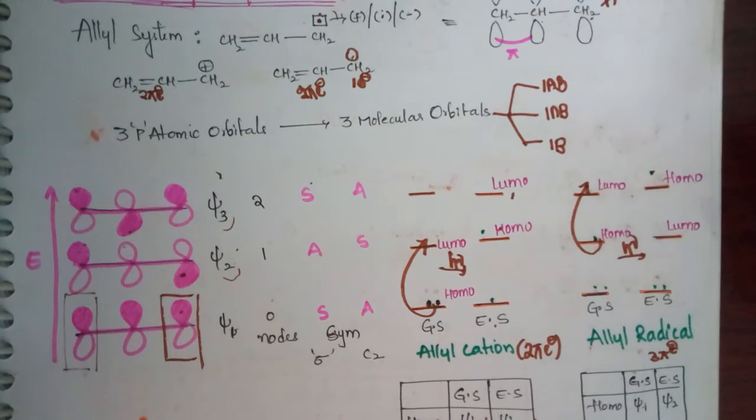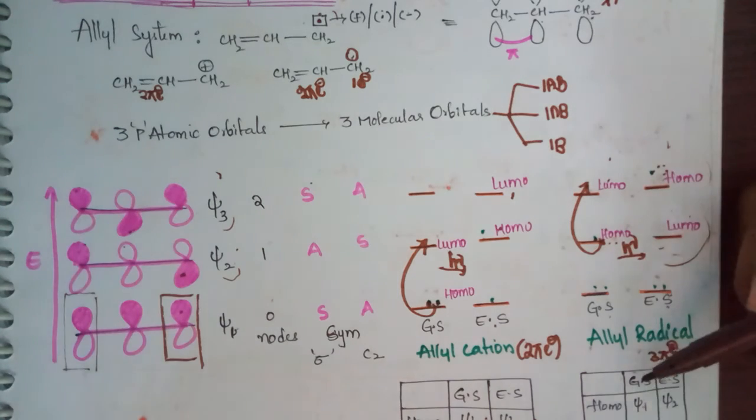Now after filling it, you have to designate HOMO and LUMO. Out of these three, two are filled, and this one has higher energy, so it is known as HOMO. And out of three, only one is unoccupied, which is known as LUMO. Now if you go to the excited state, out of three energy levels, the first and third are filled. Out of these two filled energy levels, this one has the highest energy, so you will designate it as HOMO. This is unfilled, so it is called LUMO, the lowest unoccupied molecular orbital.